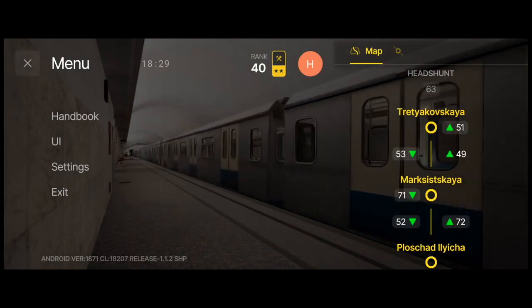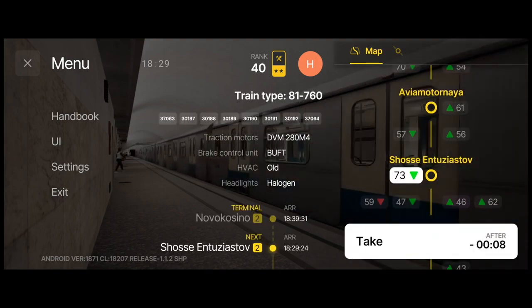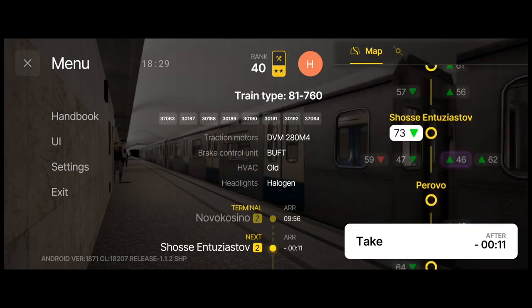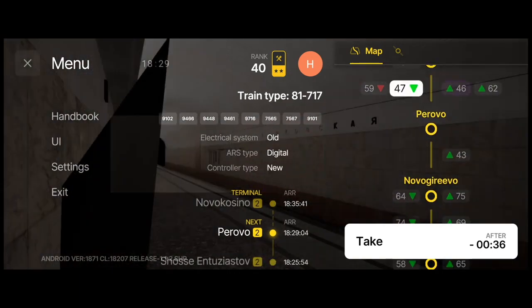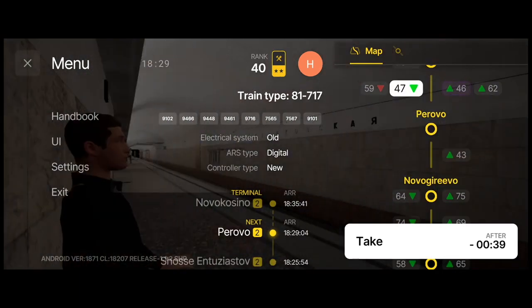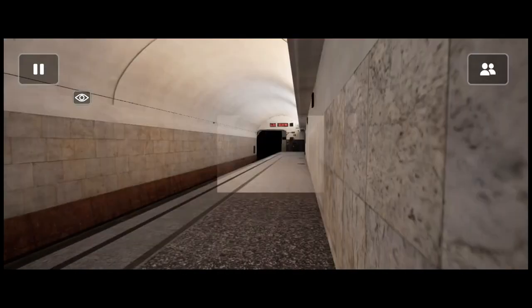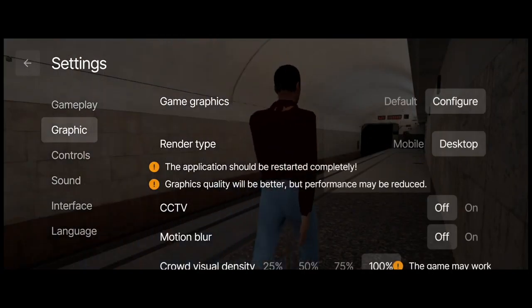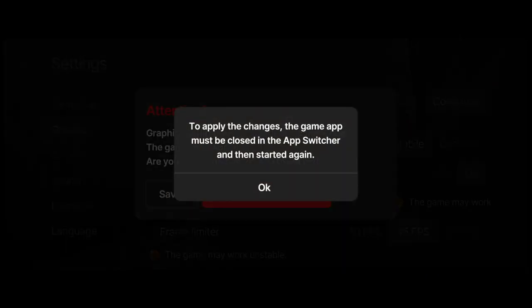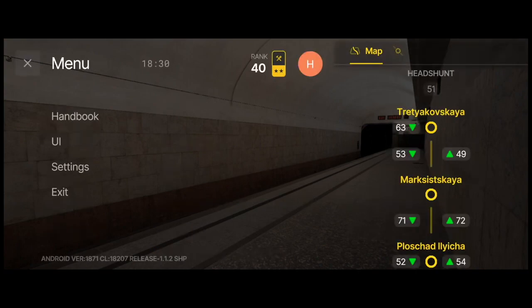So this is Chochokoskaya. Is it working? Yes, it is. Why? I already see some troubles happening. Yes, something happened to my settings already. Oh, great. Awesome. This is awesome. My settings just turned up to desktop